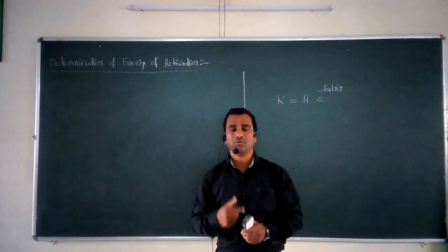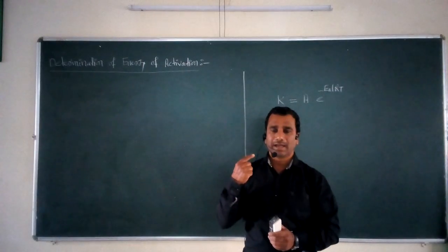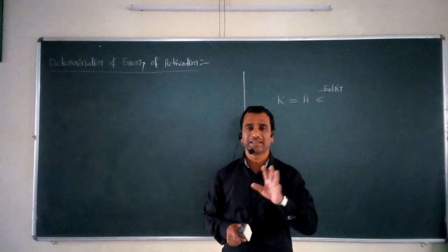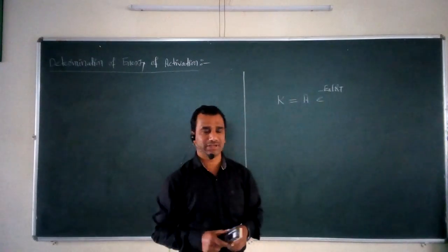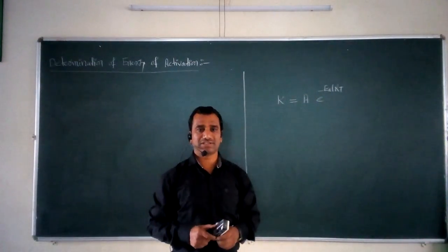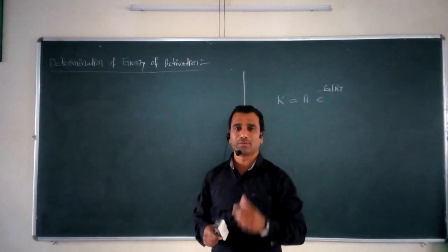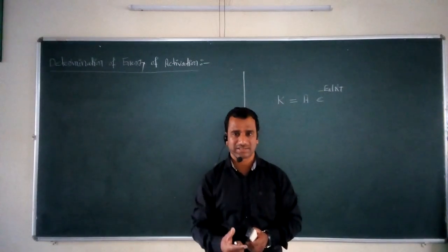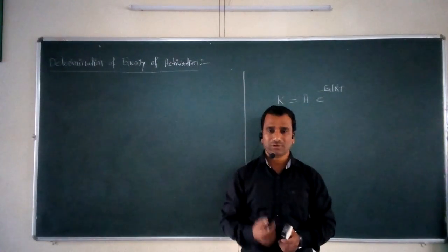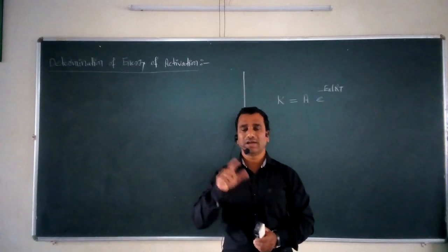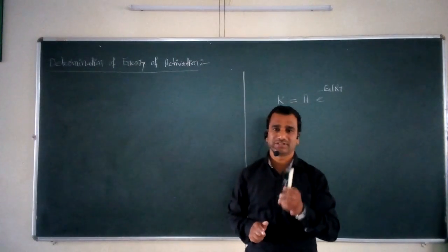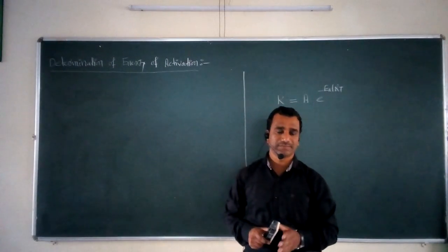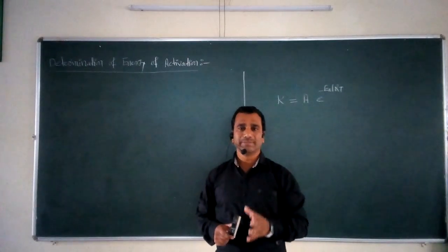Now, when temperature affects the rate of a chemical reaction, it indirectly affects that energy, which is the energy of activation. So energy of activation is very important in order to monitor the rate of a particular chemical reaction, or to study its mechanism. Whether a reaction is slow or fast can be decided on the basis of the magnitude of this energy of activation. So it is very important as far as the rate of a chemical reaction is concerned.